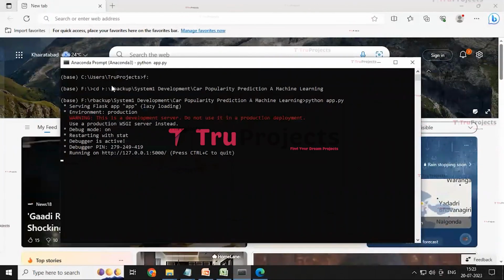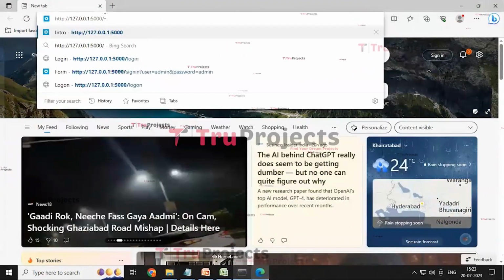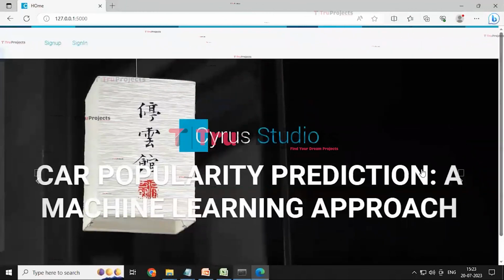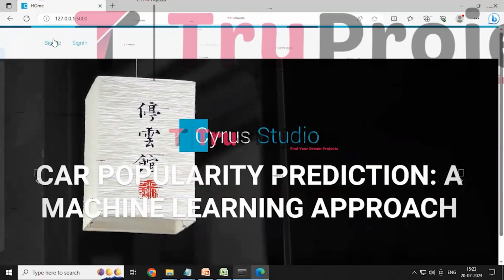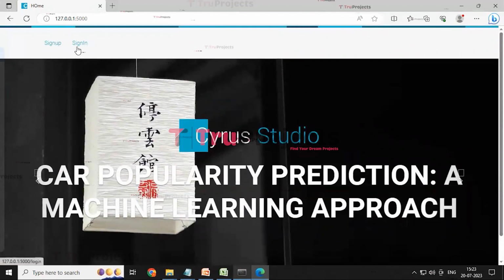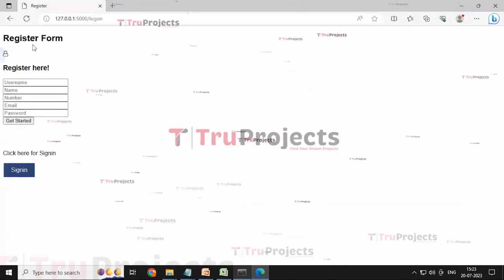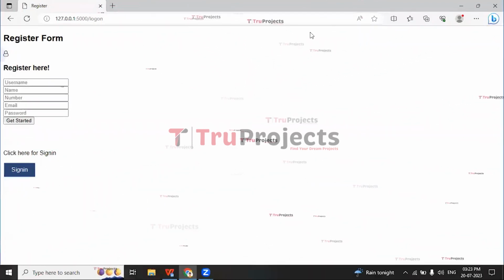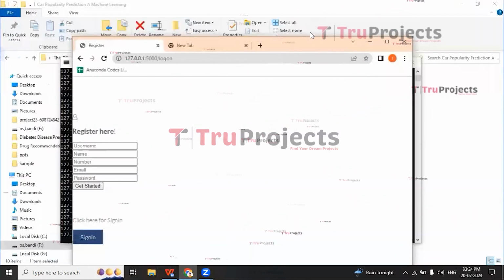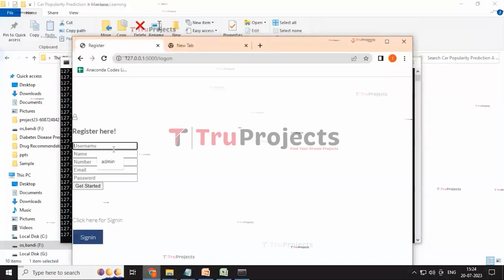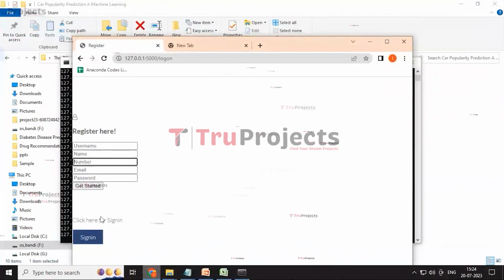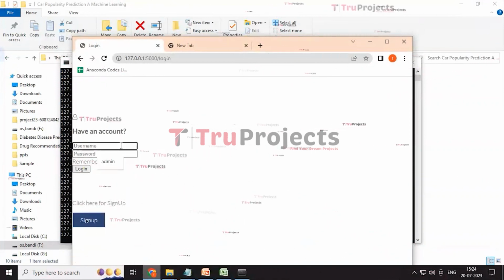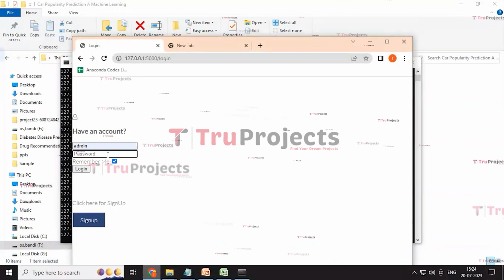Copy this and paste this and click on the enter button. Here we are redirected to the home page, which contains the title of the project and two buttons, sign up and sign in. Click on the sign up button. It redirects to this page containing various details to create an account, but I already have an account, that's why I'm using the sign in button to redirect to the sign in page